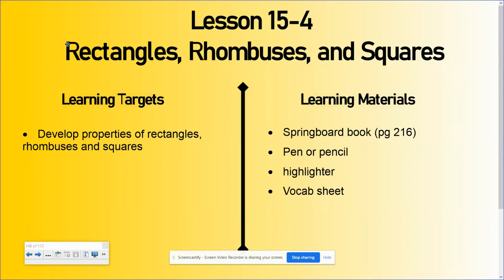So we are at our last section of activity 15 today. We're going to talk about properties of rectangles, rhombuses, and squares. We have a lot to cover today in this video, so let's go ahead and get started on page